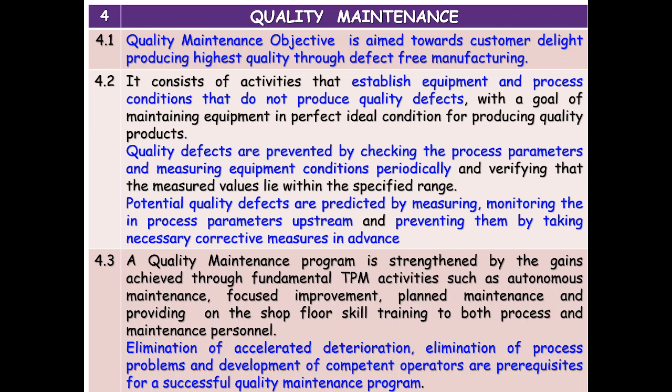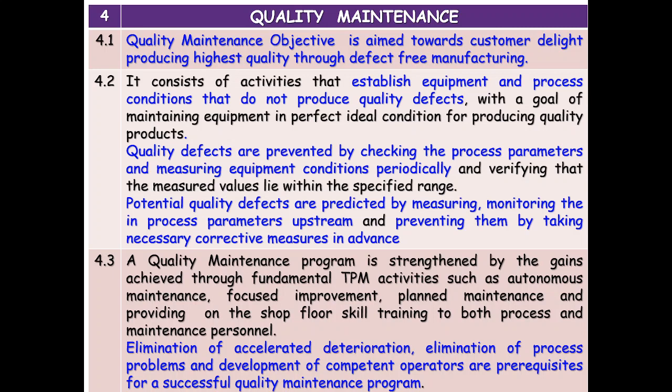Quality defects are prevented by checking the process parameters and measuring equipment conditions periodically and verifying that the measured values lie within the specified range. Potential quality defects are predicted by measuring and monitoring in-process parameters upstream and preventing them by taking necessary corrective action